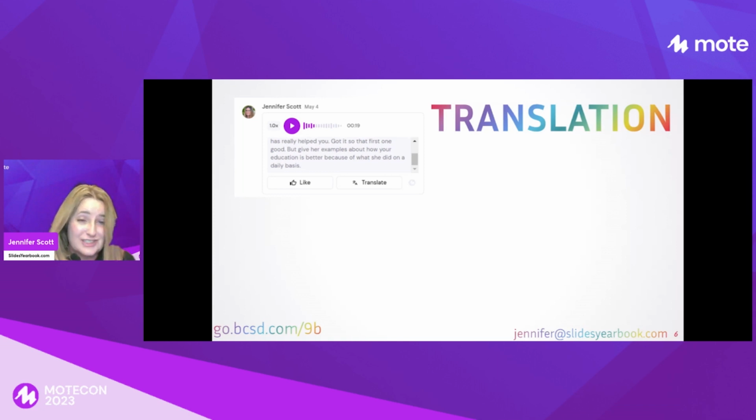Mote is also translation. I am able to go into a Mote and click this translate button and choose what language I want to read it in. So if I come into my example classroom, let me go into my student, I could listen to the Mote, but I also can click translate and choose the language. I have students who speak Arabic. They can look at it in Arabic. They can listen to me in English, but confirm what I said in their primary language. And yes, we're going to be talking about ChatGPT because I have that included.